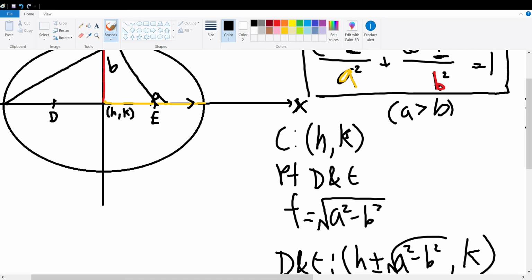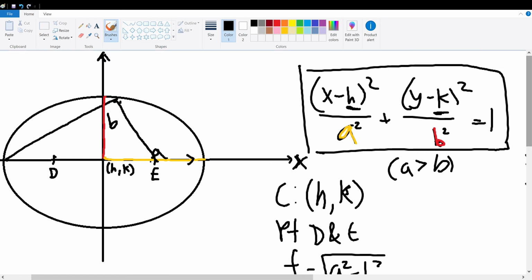And if we go left, we have to subtract the focal distance from the center value, which will go back to point D. And now that we have the focal points under our belt, along with the center and the general function for an ellipse with its major axis parallel to the x-axis, there's one more thing that we need to note before we move on, and that is from this distance right here, which is known as D1,